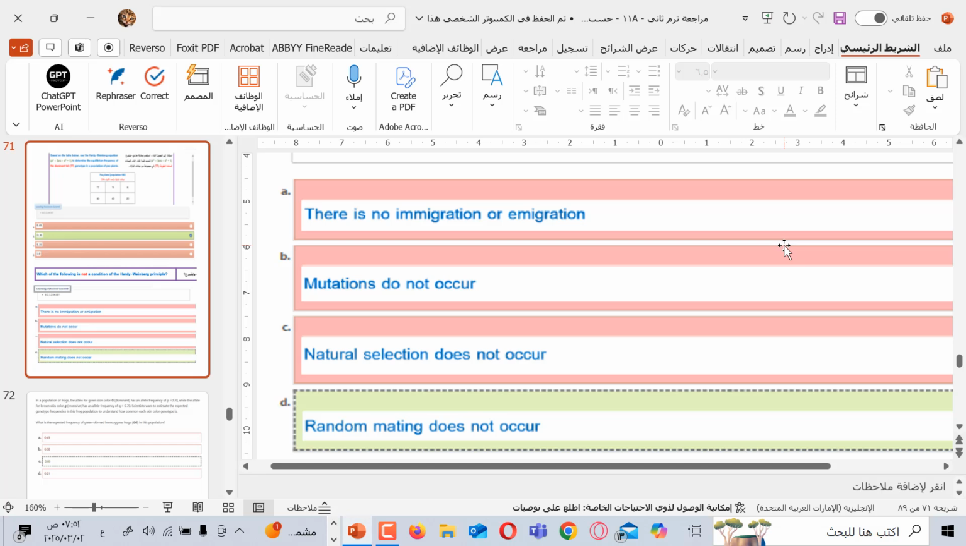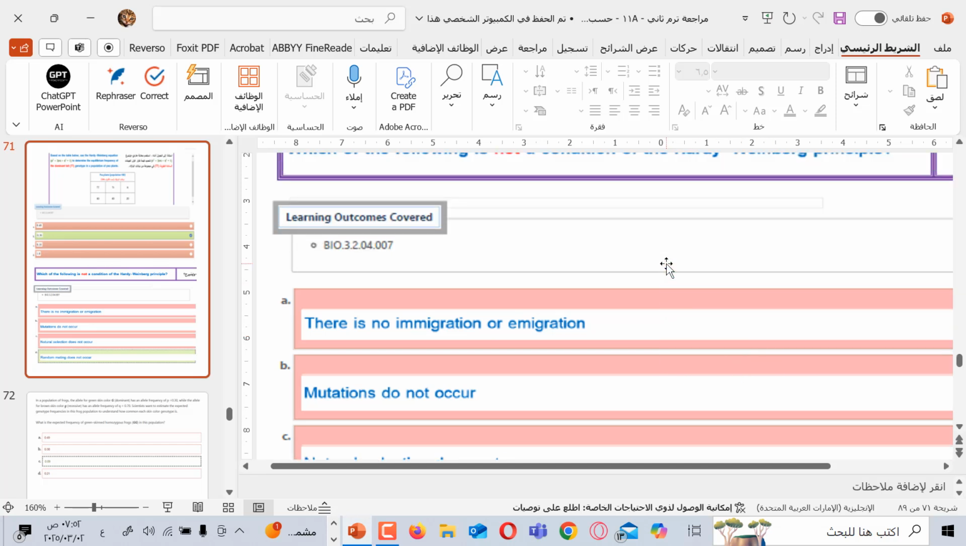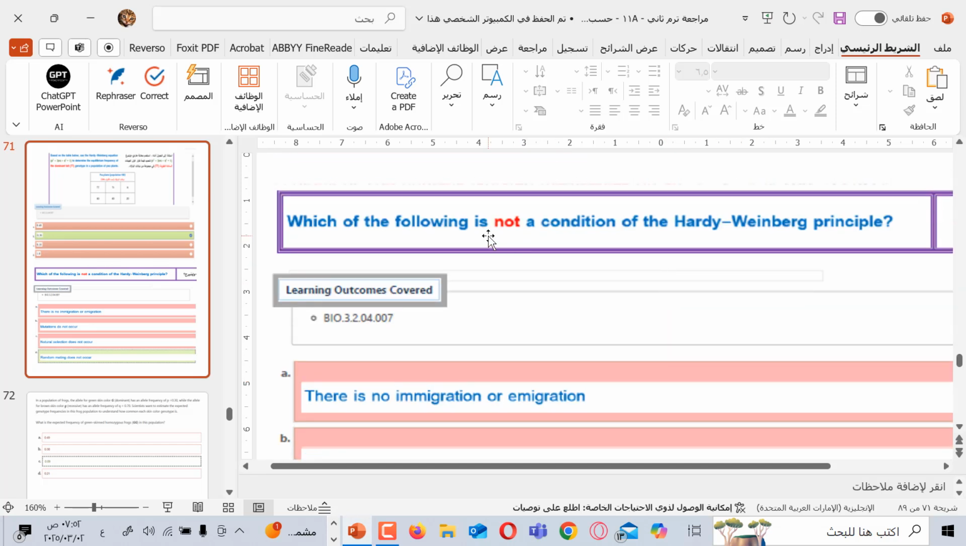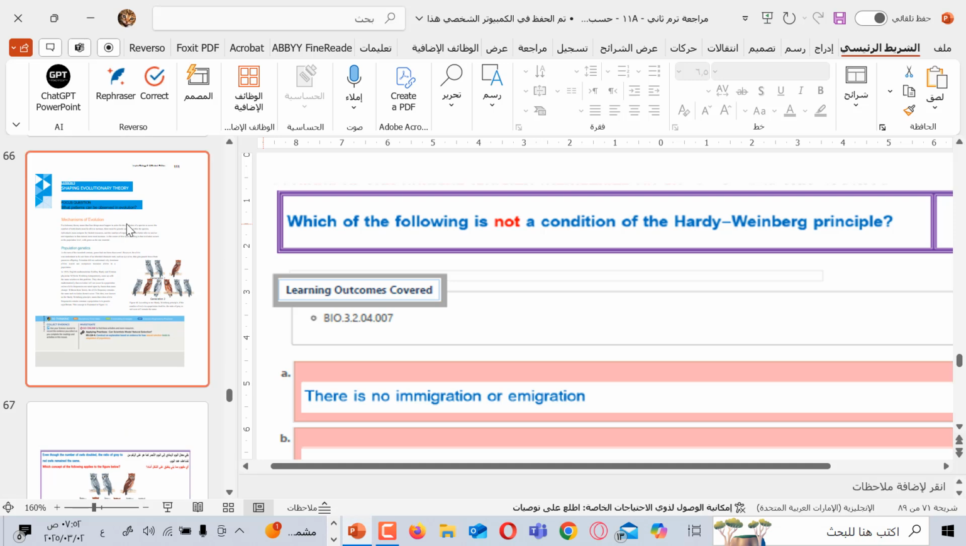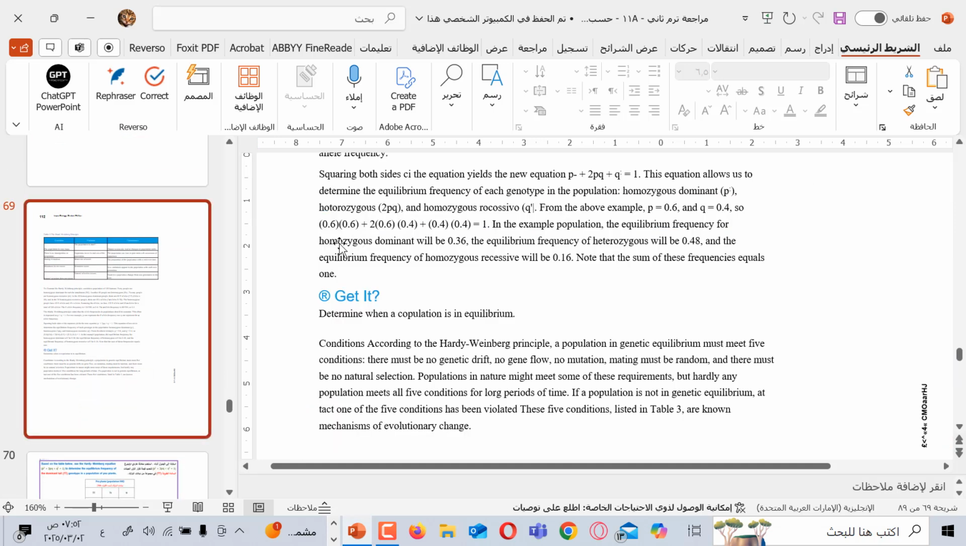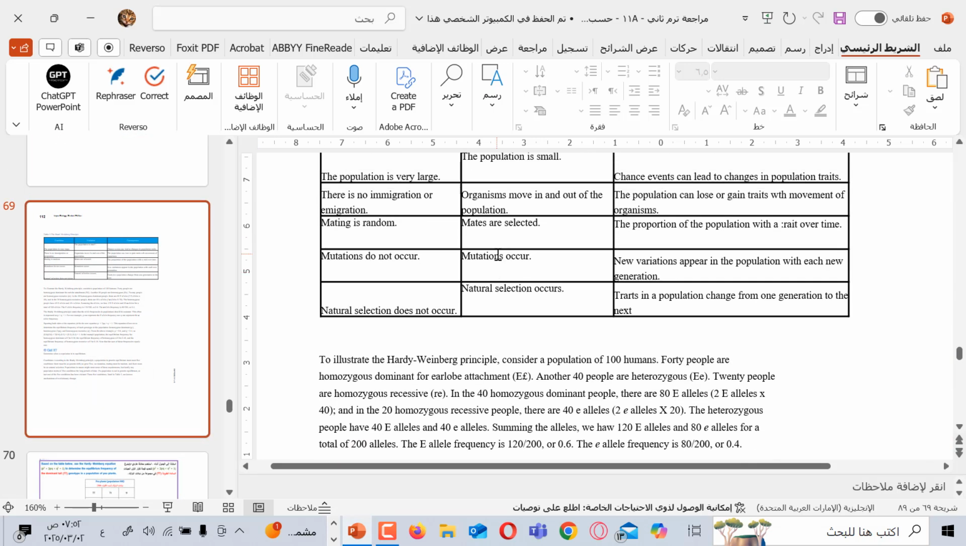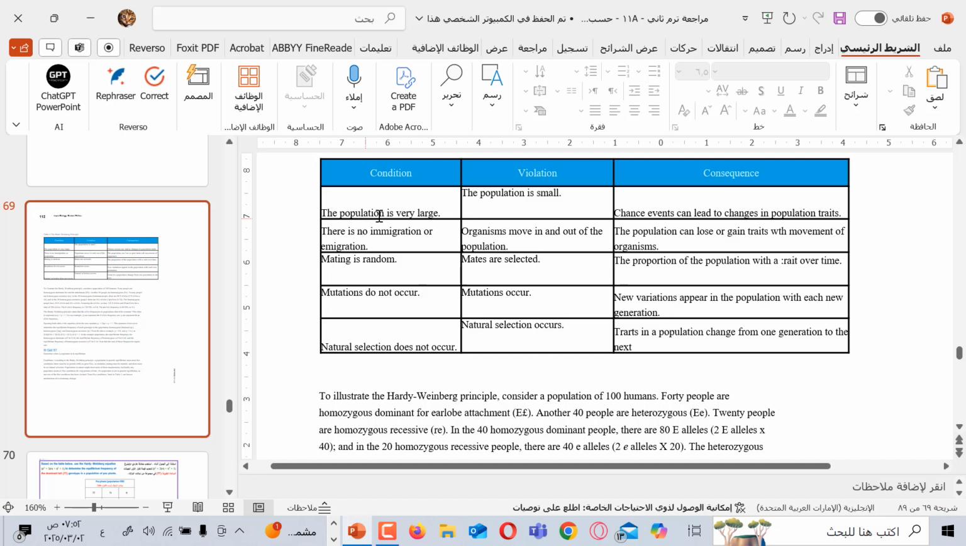The Hardy-Weinberg principle puts 5 conditions for the theory to hold. The 5 conditions are mentioned here. Number 1, the population must be very large. The population must not have